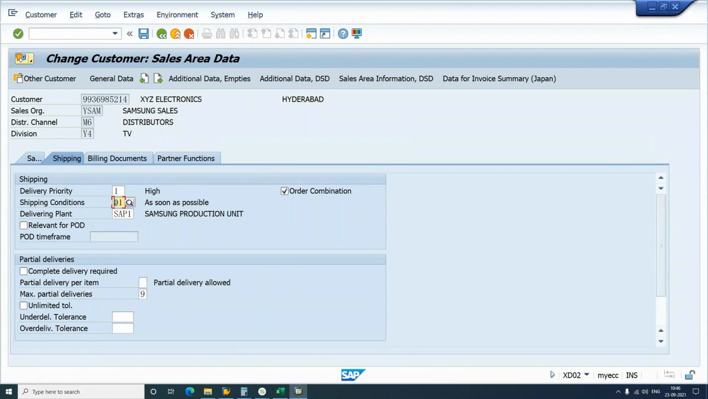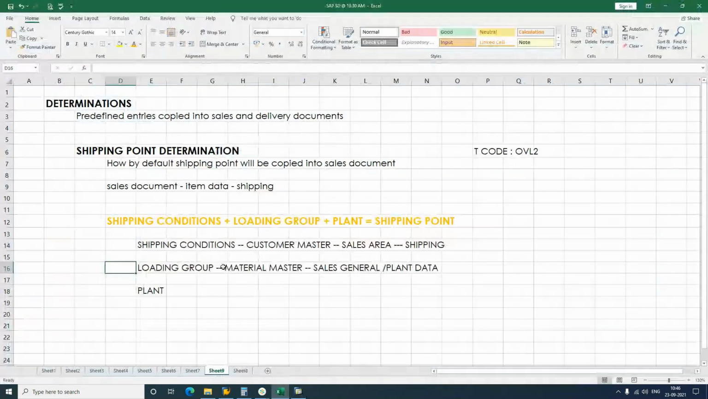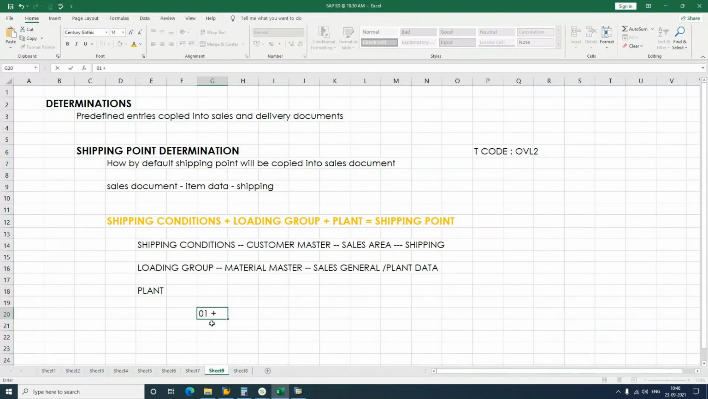This is the place where we maintain shipping conditions, and we maintain it as 01. It's going to be the standard shipping process. 01 is the value maintained, plus loading group. This loading group is maintained in our material master. So if you get into material master, MM02 transaction code,